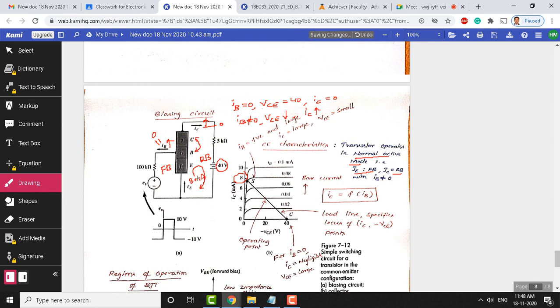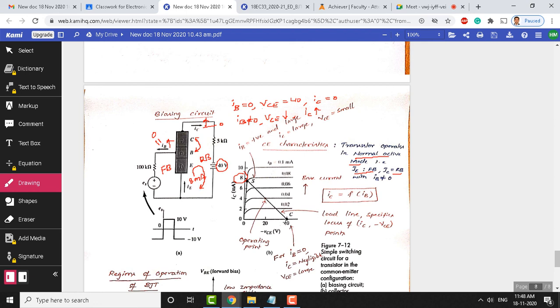Beyond that the transistor gets into saturation, so the current almost saturates here. This is for IB of 0.08 milliampere. The collector current is going to become 8 milliampere, and you can see the amplification factor for this. How do we measure the amplification factor? It is 8 by 0.08, so it is going to be 100.